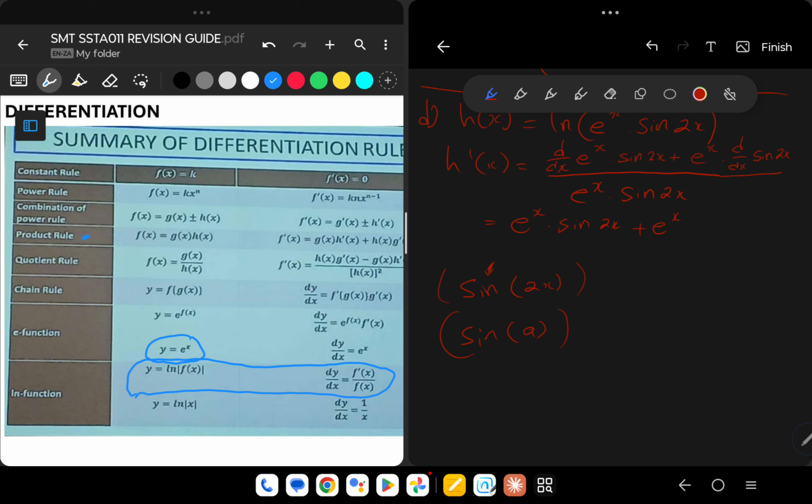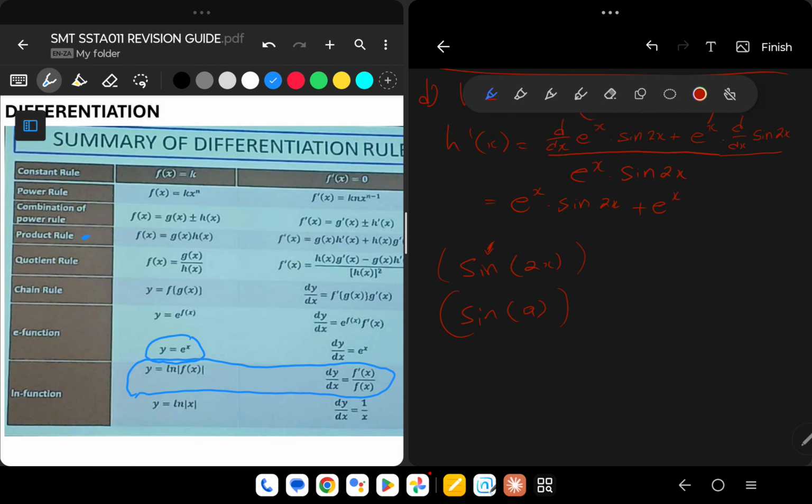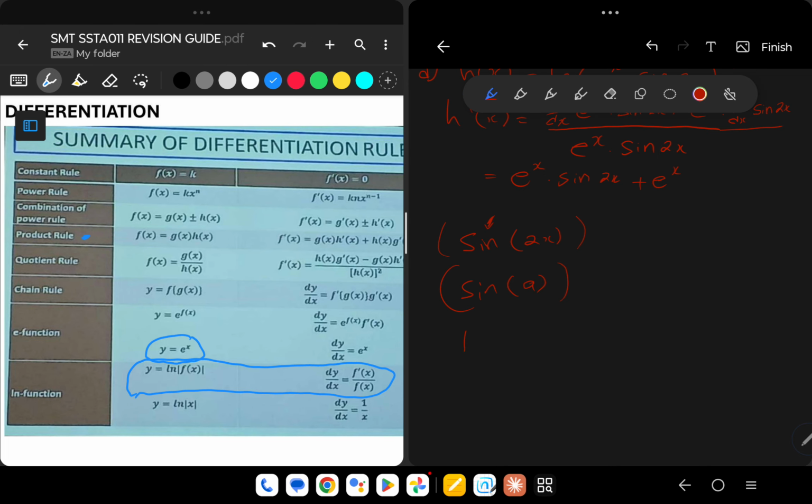So this means we're going to have something of this kind. Let's say you have d/dx of f(a),